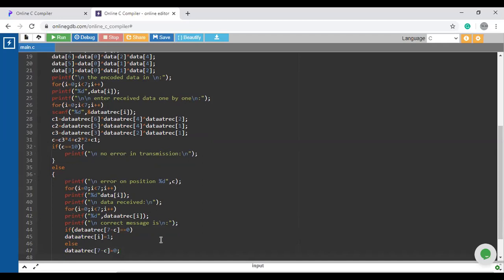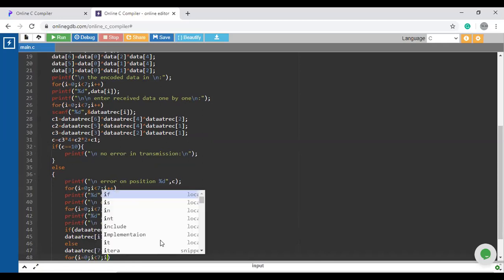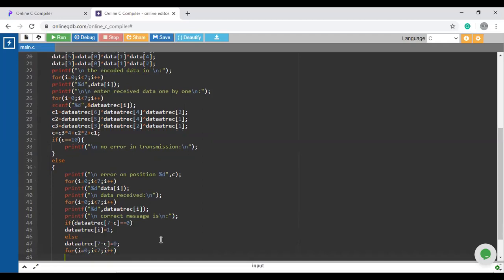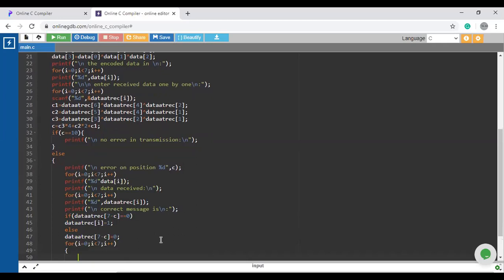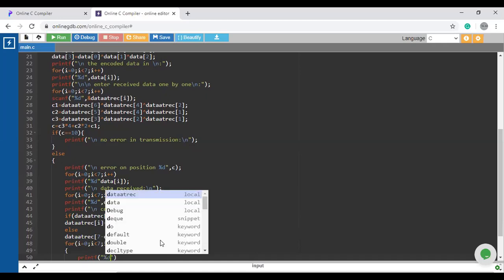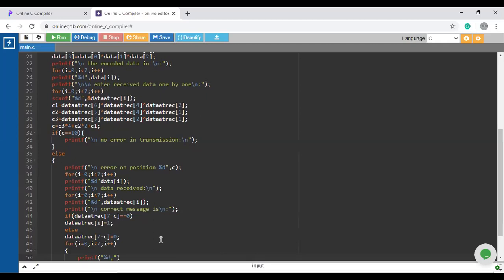So now I have to print the correct message. For i equal to 0, i less than 7, i plus plus, printf, data at i.